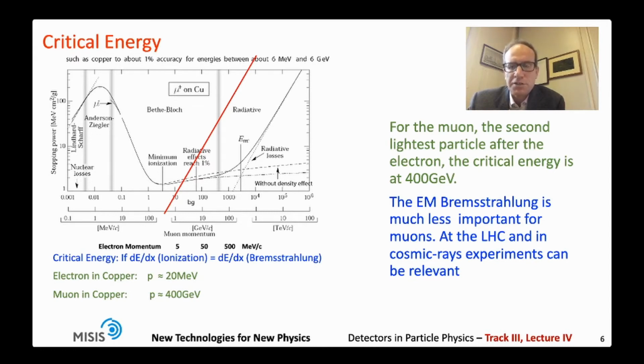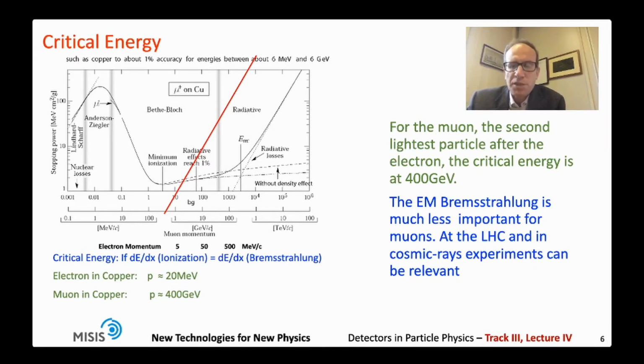this Bremsstrahlung, which is induced when a charged particle is accelerated, is a typical electromagnetic process, and this process depends on the mass of the particle. So for instance, if you take a muon, which is a kind of twin partner of the electron, but with about 200 times the mass, then they have very different